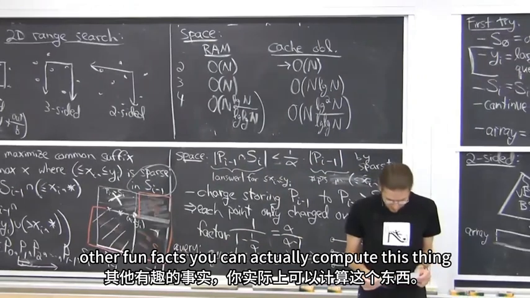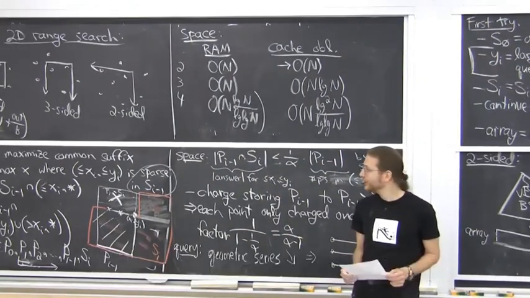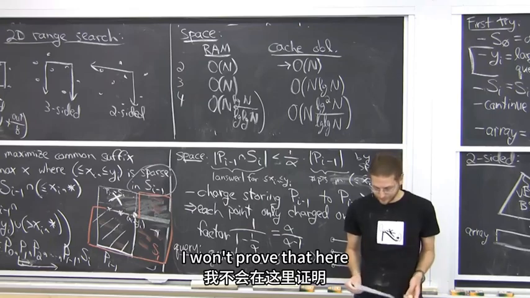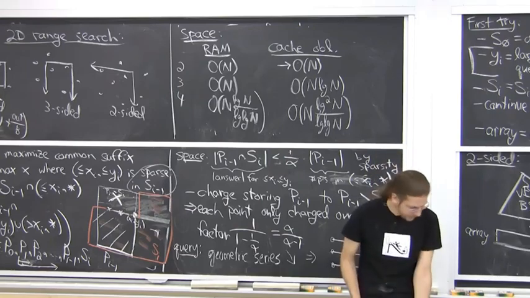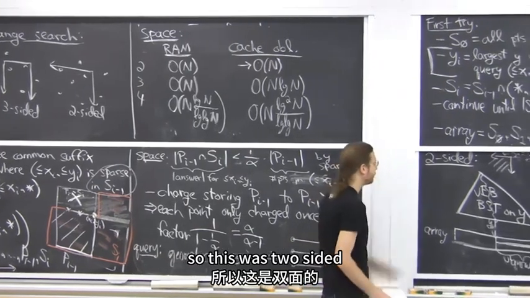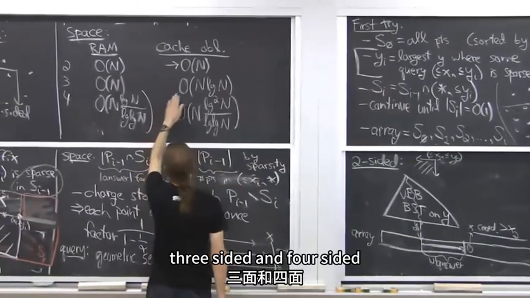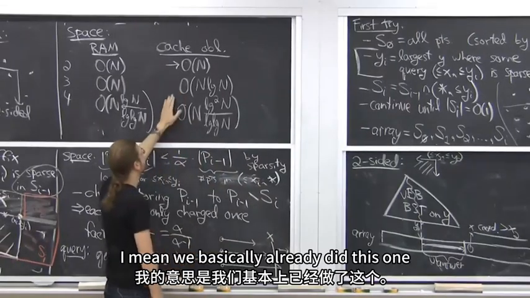Other fun facts. You can actually compute this thing in the sorting bound. So preprocessing is just sort. I won't prove that here. So this was two-sided. Let me briefly tell you how to solve three-sided and four-sided. I mean, we basically already did this one,